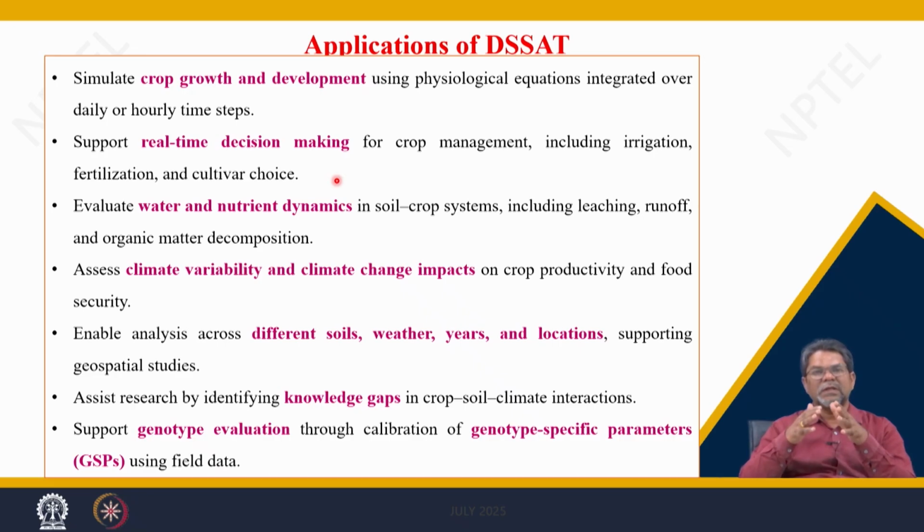where the flowering is very synchronous, you need not miss stage-specific input management. Suppose there is a stress of nutrients at any specific stage, then one of the yield components will suffer because of lack of nutrients. So, it is very essential to follow stage-specific input management for determinate crops like rice.